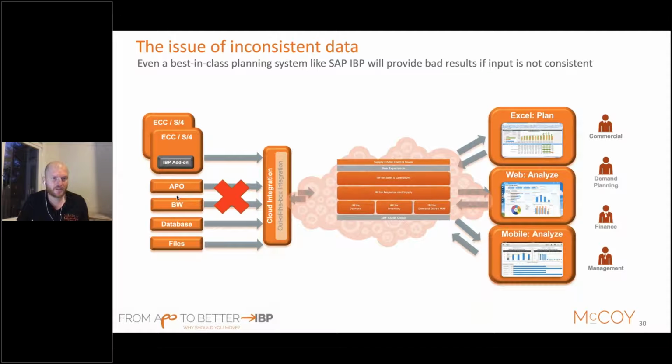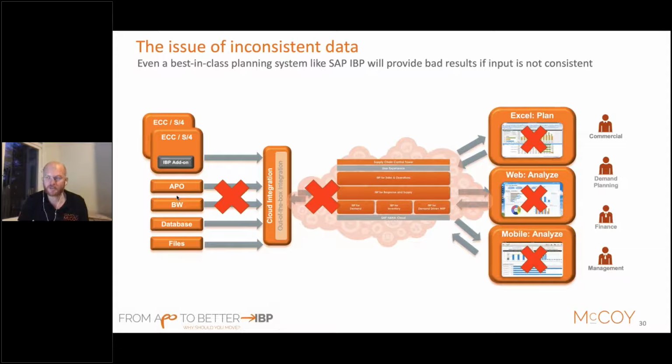If there is an issue already in this sourcing, so if the data is not consistent from the source, or if you have multiple source systems and the data is not consistent between those two source systems, you will replicate the inconsistency within your IBP system via the integration flow. And of course, if this is the case, your IBP will run based on partially inconsistent data, which will mean that on the outside of your plan, your supply plan, and your visibility, even though it's beautiful, it will still consist of those inconsistencies. And that's something you would like to avoid. And that's an issue we have seen in multiple implementations.